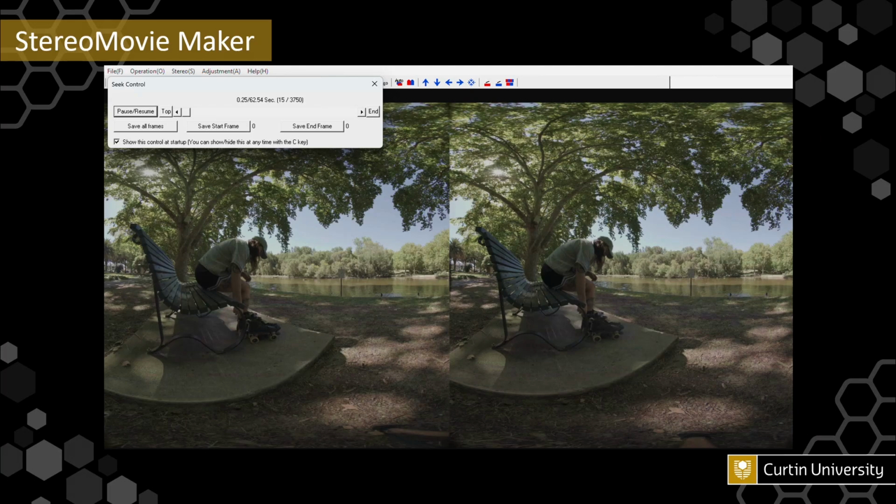Now, all two lens cameras capture 3D footage with some stereoscopic misalignment errors, and it's important to correct or rectify footage to remove those errors. For this step, we used a newly released tool called Stereoscopic Movie Maker FF, that stands for FFmpeg, from Masuji